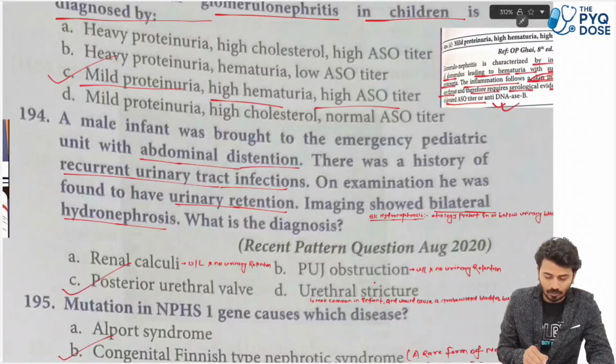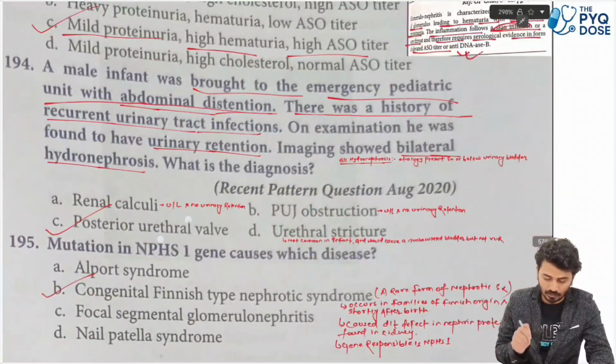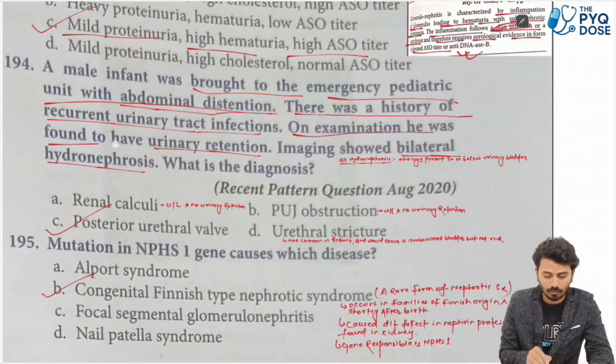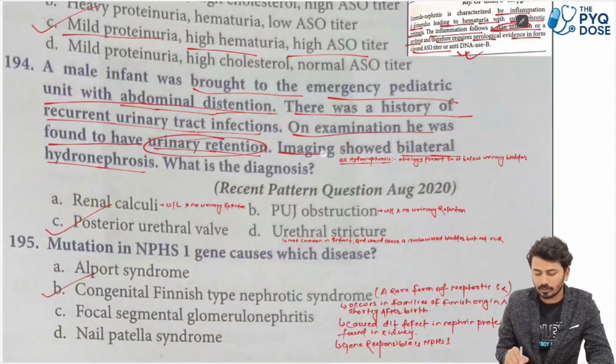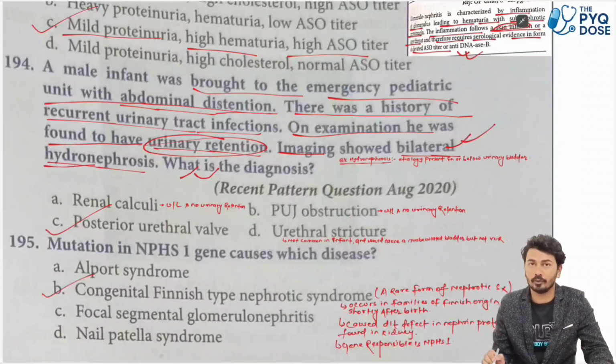A male infant was brought to the emergency pediatric unit with abdominal distension. There was a history of recurrent urinary tract infections. On examination, he was found to have urinary retention. Imaging showed bilateral hydronephrosis. What is the diagnosis? So if bilateral hydronephrosis is given,